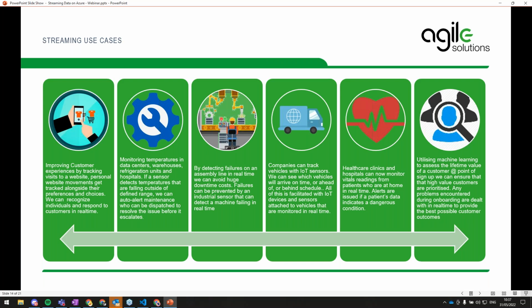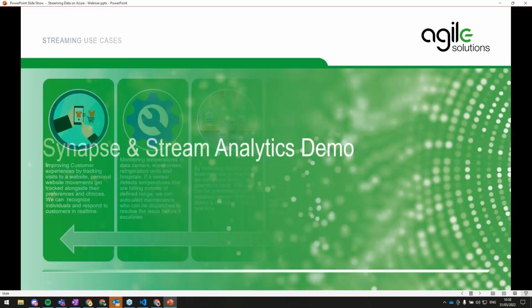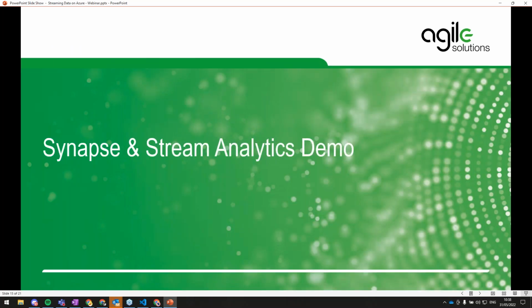Another core use case is in the healthcare sector, where being able to monitor the situation of people as they're undergoing healthcare treatment can obviously be extremely beneficial. Being able to respond to changes quickly and set up automated processes off the back of them, you can imagine that being extremely useful. And another area that's really exciting is allowing machine learning algorithms to consume streaming data sets and to respond quickly. If you have a big data science function that spent a lot of time developing complex algorithms, being able to unleash those algorithms on streaming data sets can be extremely powerful and unlock some really exciting outputs from that.